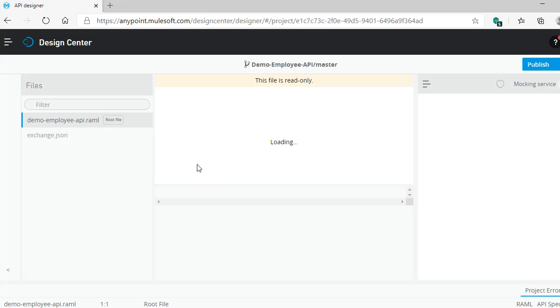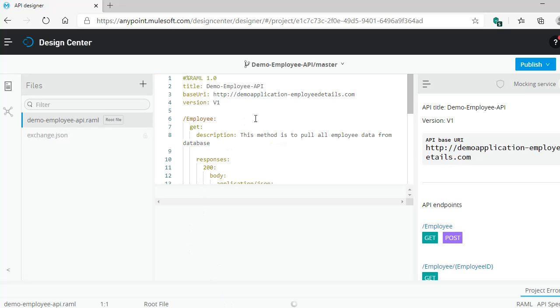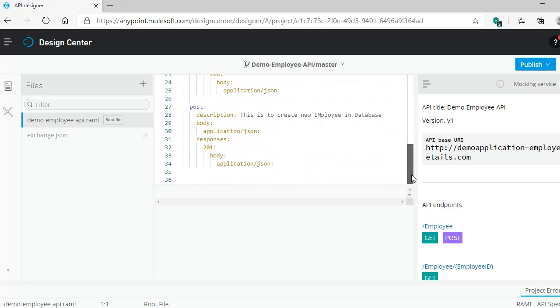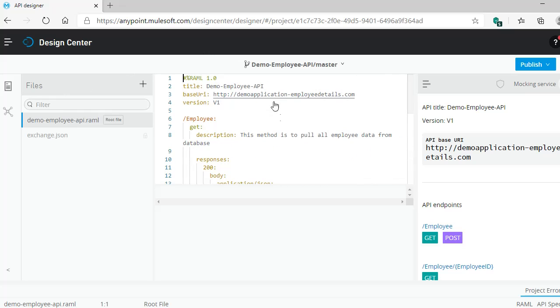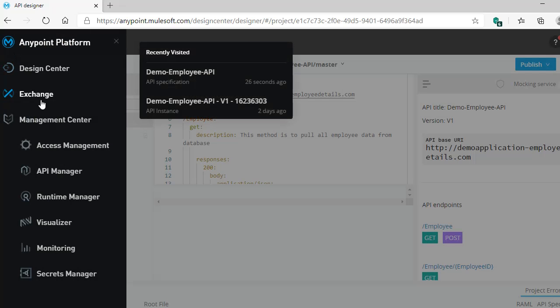It's a demo employee API. Once we created this RAML, we already published it as an asset to our Exchange.